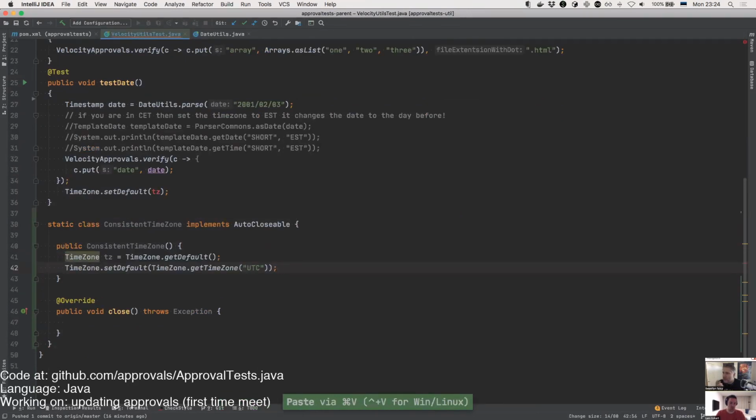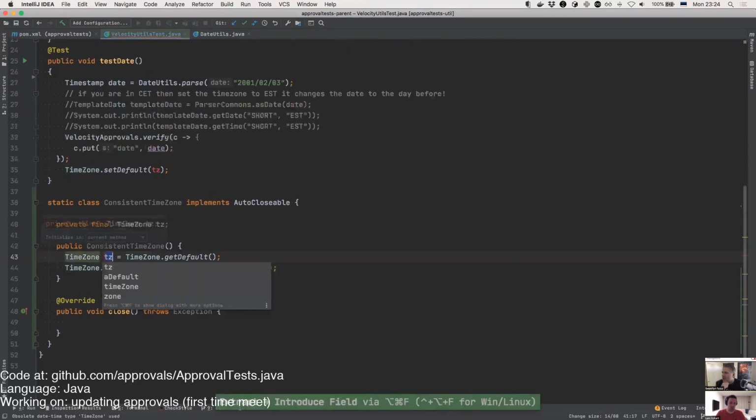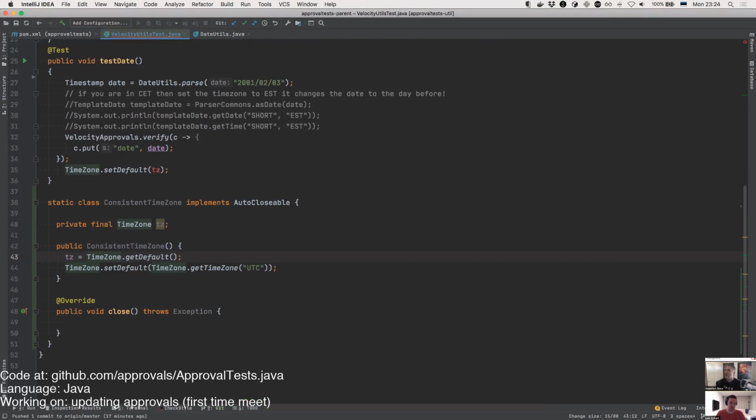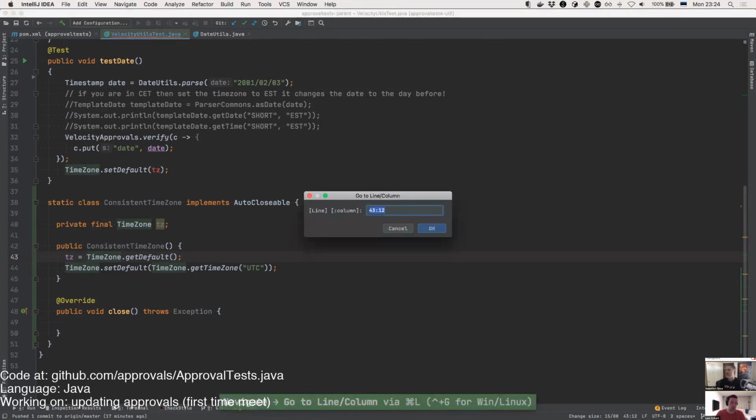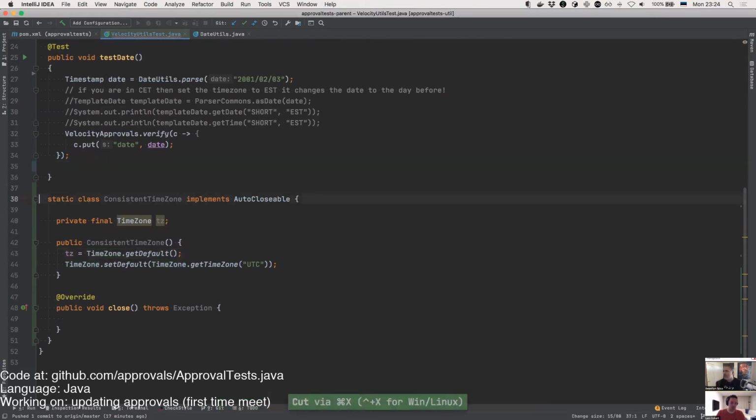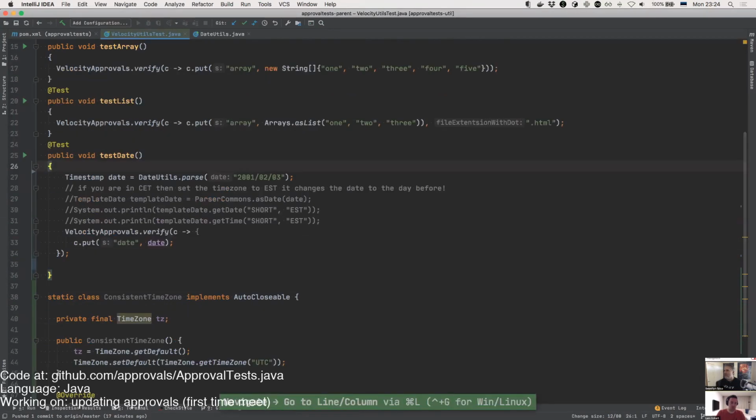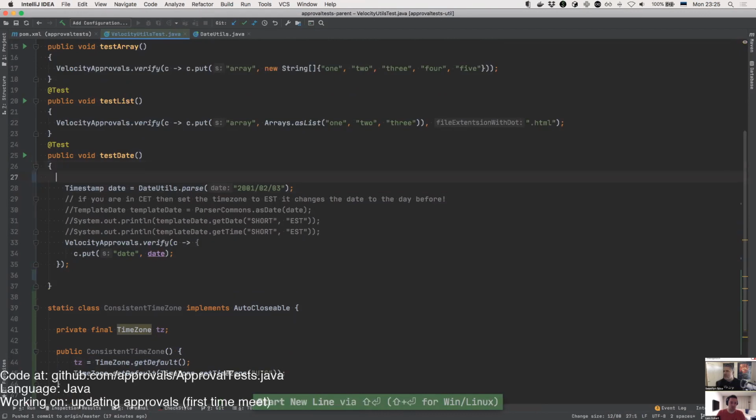Convert 41 to be a field level. And then grab 35 and put it into the close. And then on line 26, let's do a try with resources here.